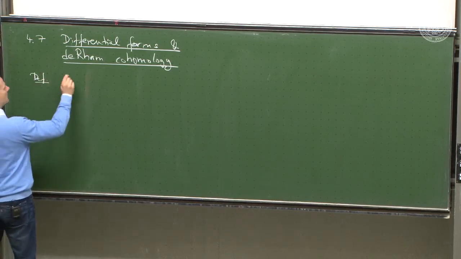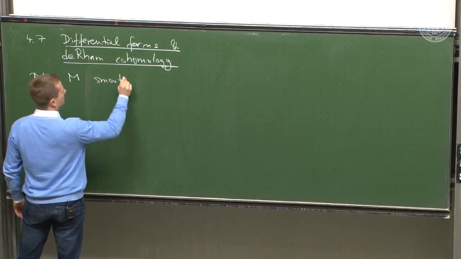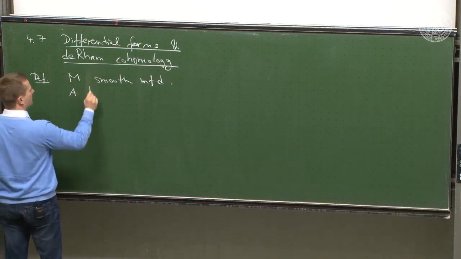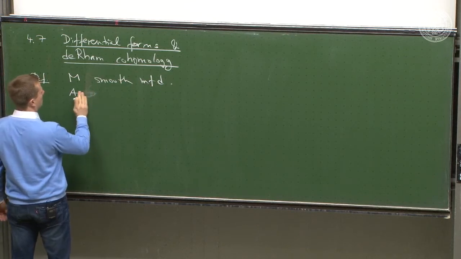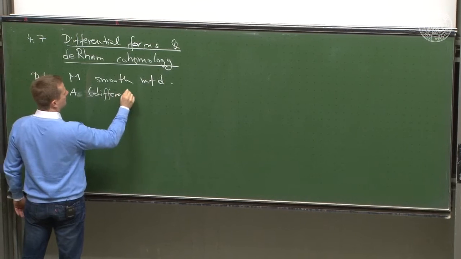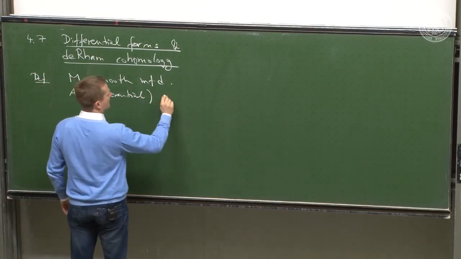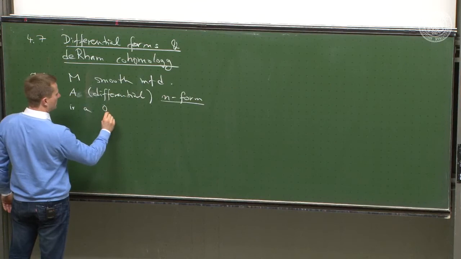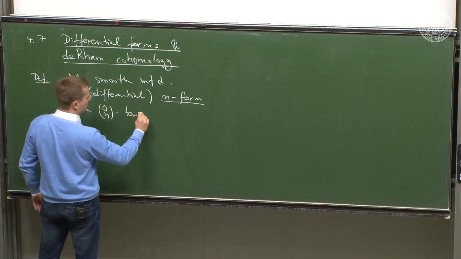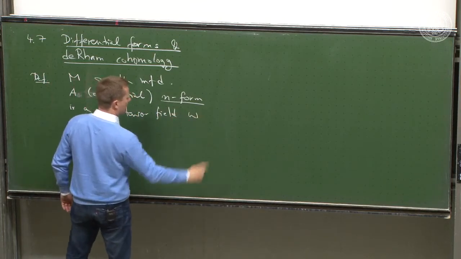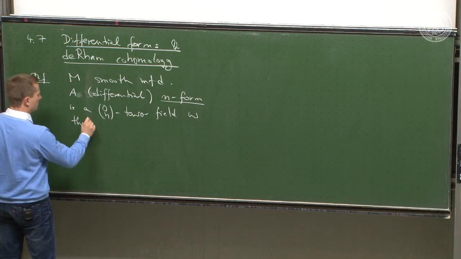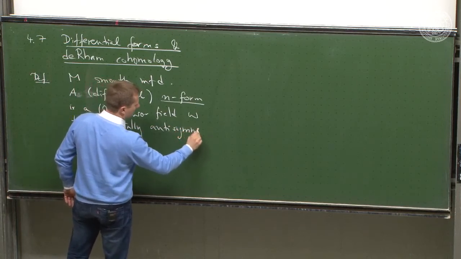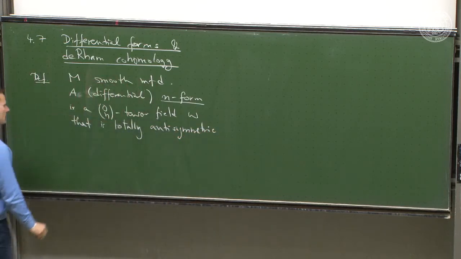Definition. If we look at the smooth manifold M, then an n-form, or a differential n-form, is a (0,n) tensor field omega that is totally antisymmetric. That means